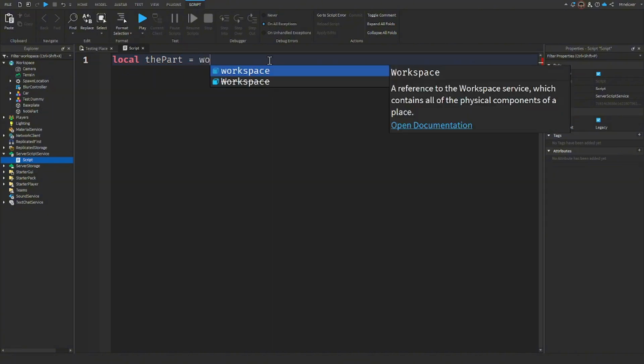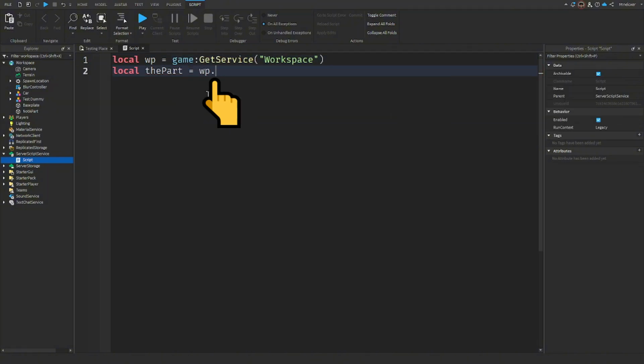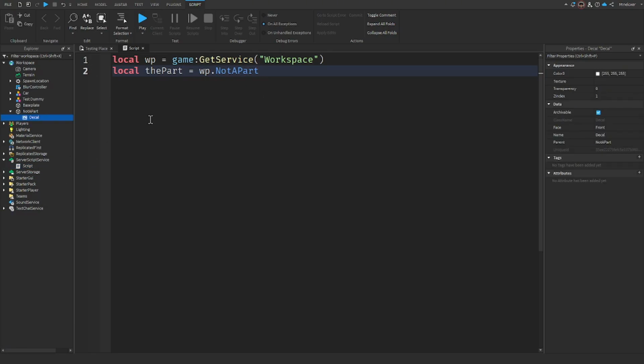We can reference the part relative to the workspace. Since it is a descendant of the workspace, we start with referencing the workspace itself by using the keyword, or getting it as a service from the global game object. We can now use the dot operator to go down a level in the hierarchy and access the part using its name. We can also chain it to access any descendants, for example, if we need to access something inside